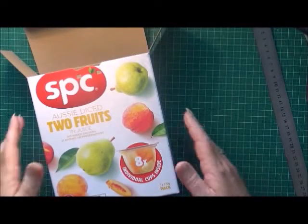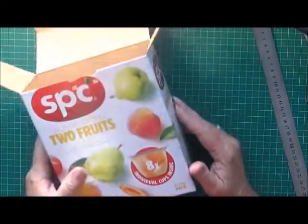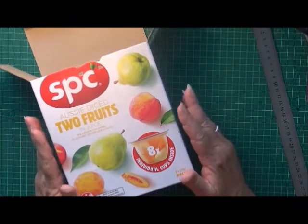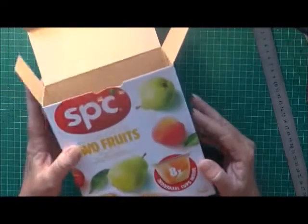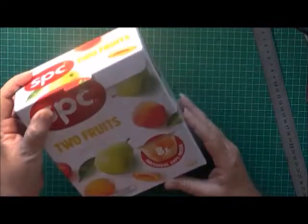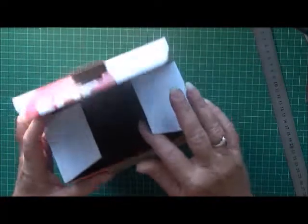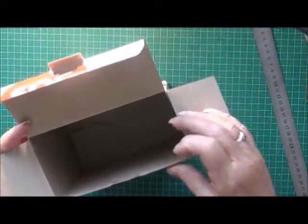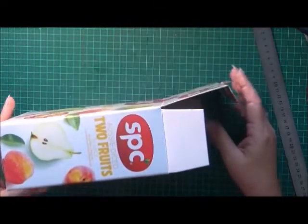I'm on to show you how I made my Do You Remember memory keeping box. So what I started off with was just a recycled box. This one just had 2 fruits in it, and it's a very, very sturdy box. What I'm going to do to start off with